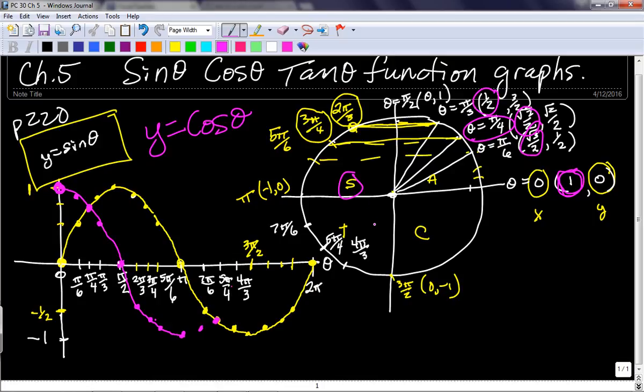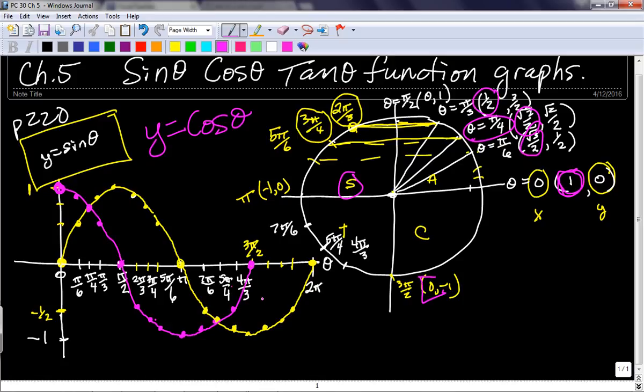4 pi over 3 is negative 1/2. 4 pi over 3, 1/2, right there. And then 3 pi over 2, the cosine is 0, so it goes all the way back up to 0 there. And if we can connect those dots,